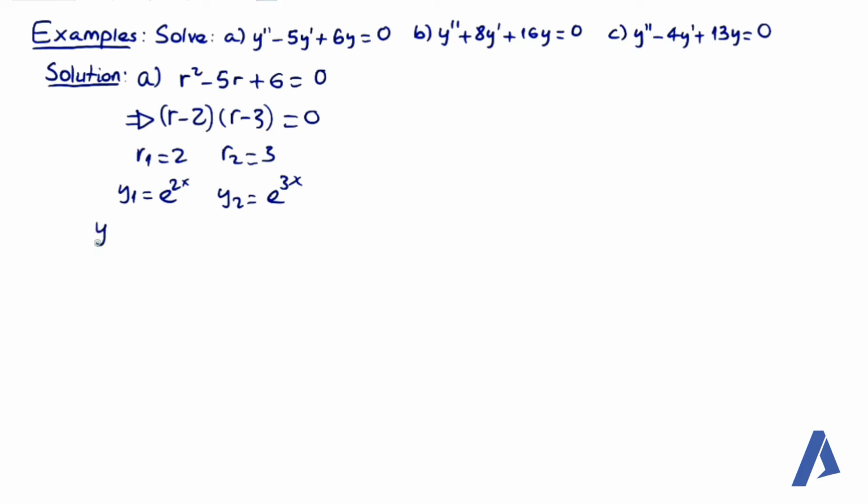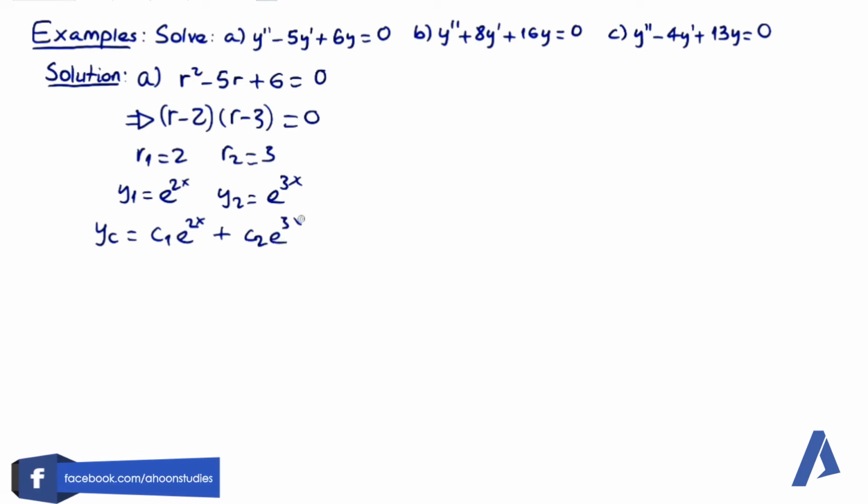Then the general solution which is the complementary solution will be the linear combination of the two which is c1 e the power of 2x plus c2 e the power of 3x. ይሄ ይሆናል ሶሉሽናችን ማለት ነው።